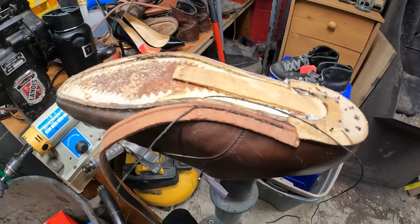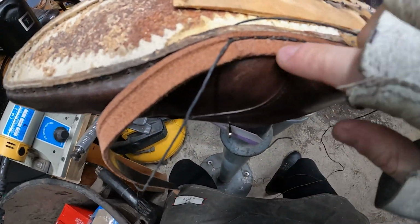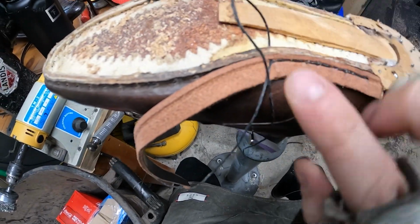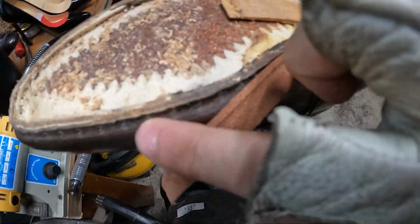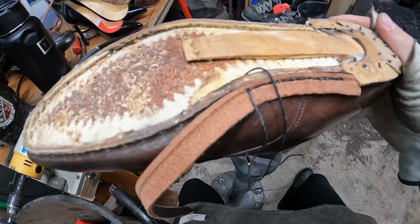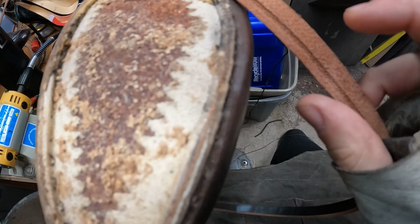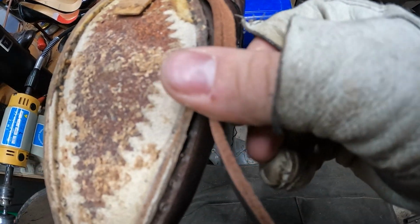Hey guys, right now we're just doing some simple welting. Basically, going through here, pulling this string through, and then going through a loop that's made, and tightening it up. Gotta go all the way around on both shoes, and it's not difficult to do, but it does take some time. You gotta make sure that you go through this little skived piece, because you don't want to go here or it will flip up